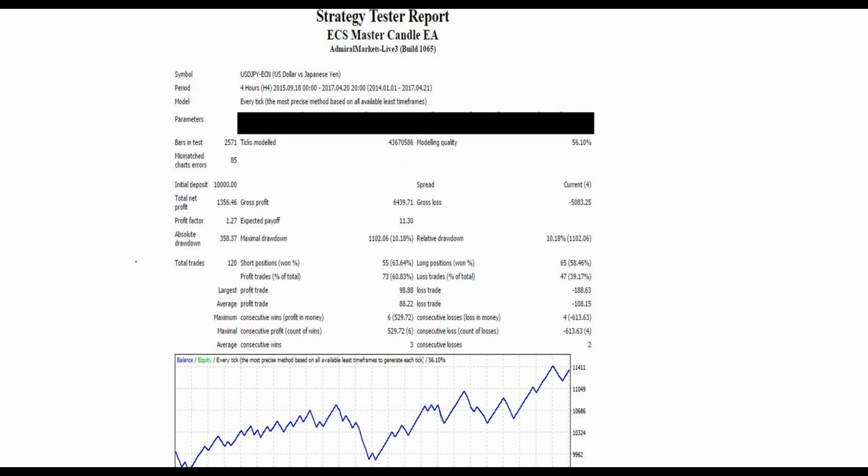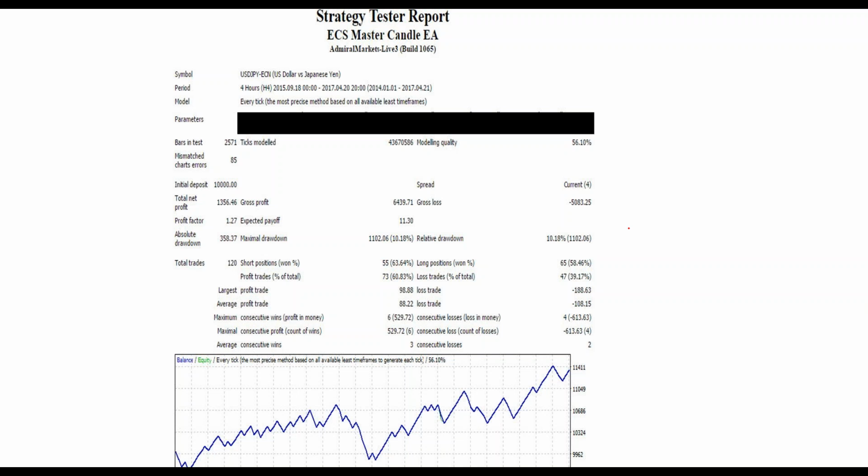For example, one of our expert advisors is called ECS Master Candle. You can see here it was back tested on an Admiral Markets live account with the latest build. This is a nice back test of almost 2 years, on the 4-hour time frame, so you can see how it behaved. Basically, it went into a nice profit. As I say, it's not huge compared to how some expert advisors can trade, but have in mind that